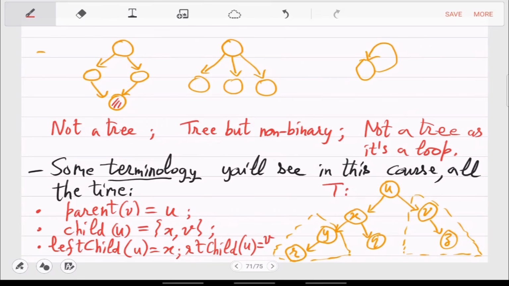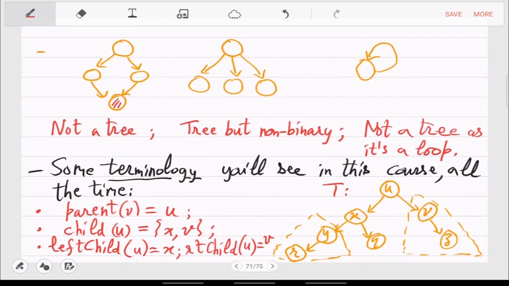Yeah, I don't have space left here, but what is the subtree of V? So the subtree of V is whatever follows, so V and whatever follows V. Okay, so that object is called, this is a recursive data structure. So wherever you are in this tree, you only see a tree.